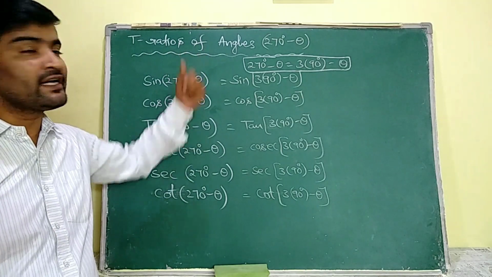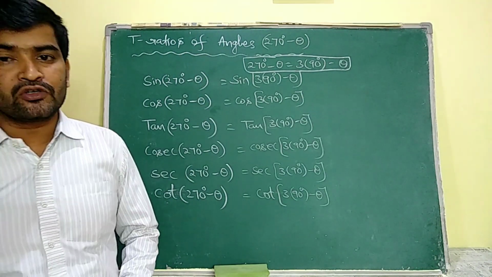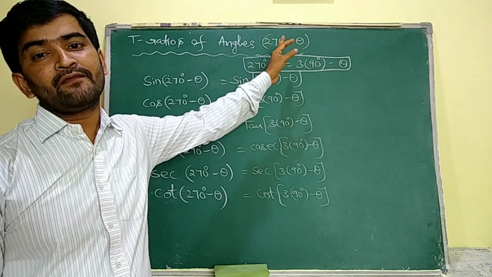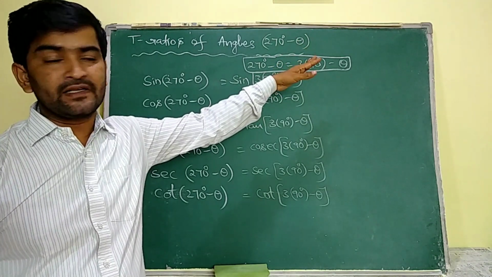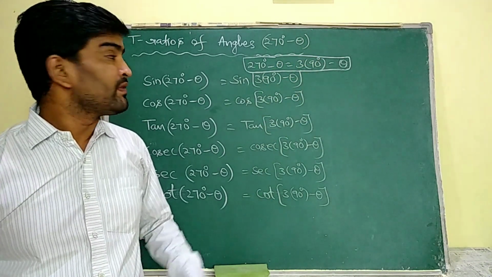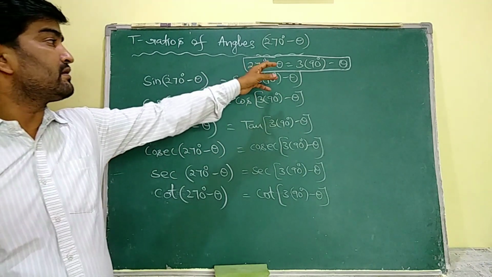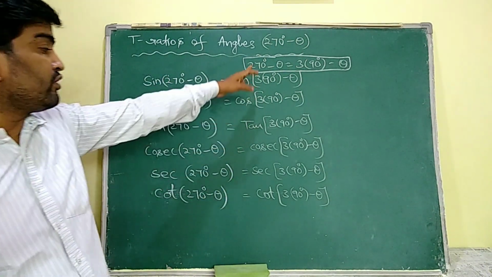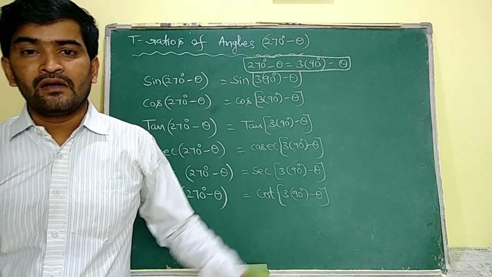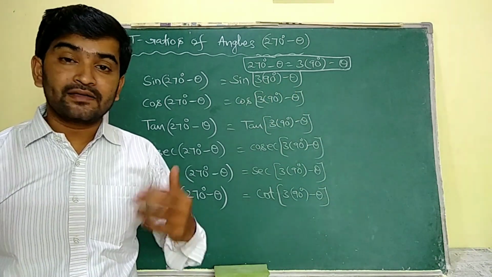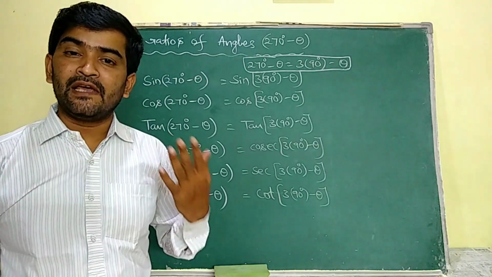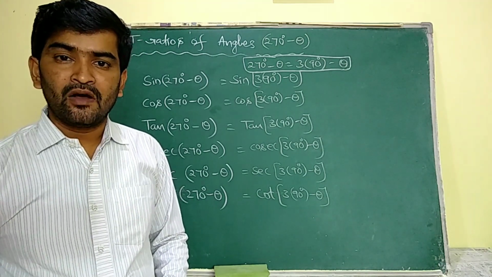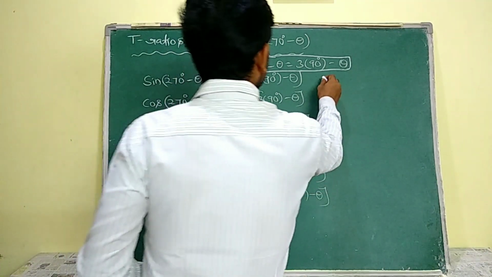Now see, the trigonometric ratios of the angle 270 minus theta, now we are going to discuss. See, this 270 minus theta can be expressed in the form of n into 90 plus or minus theta as 3 into 90 minus theta. So now I am going to replace this 270 minus theta with 3 into 90 minus theta. So see, I am going to rearrange it like this. Now in the place of n, what are we having? 3, and 3 is an odd number. As we know, if an odd number is there in the place of n, then the trigonometric ratios are going to be changed. Now, sine is expressed as cos.